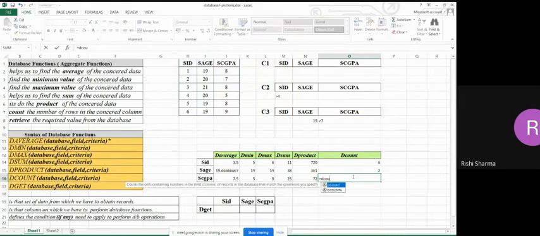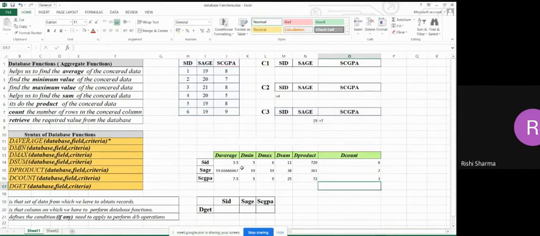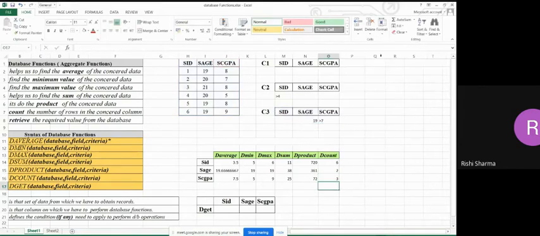This is my criteria. So CGPA greater than 7 means 4 cases, I think. 1, 2, 3, 4. Yes, there are 4 cases. And SH is equal to 19. So there are only 3 cases. So the answer should be 3. Okay, guys, so these are all the functions. I hope these are clear to you.